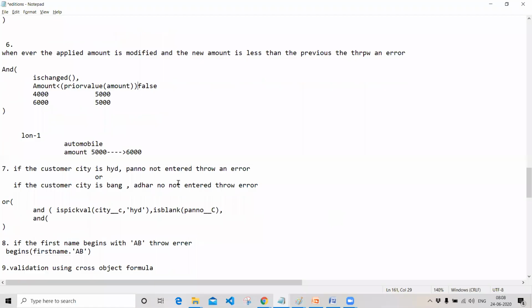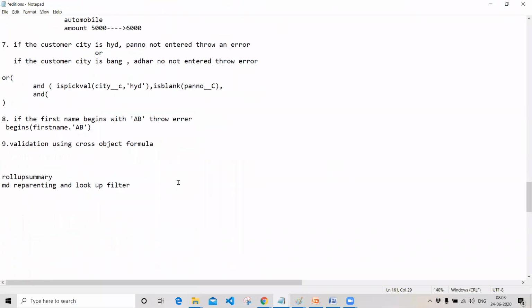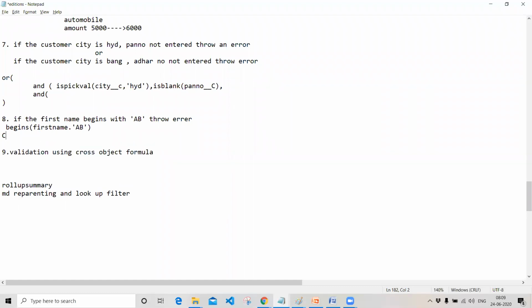So this is with respect to the validations, where we are using the cross object formula. In the previous statement I said that if you want to check a text area field, because it has a number of characters, you have another keyword called contains.